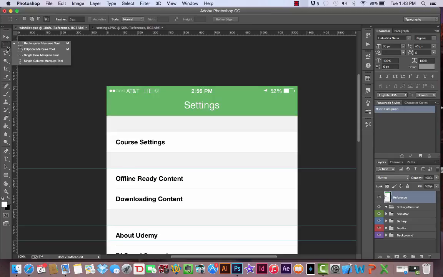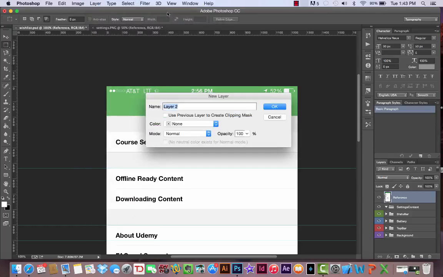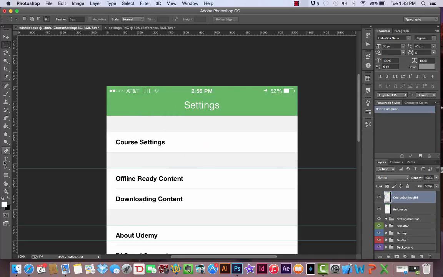Okay, so let's grab our rectangular marquee tool. And before we do this, I want to create a new layer. And let's call this layer Course Settings BG. Okay, and I'm going to grab the rectangular marquee tool, and I'm going to use our guides, and I'm just going to drag. You can start outside the document if you want. We're just going to drag